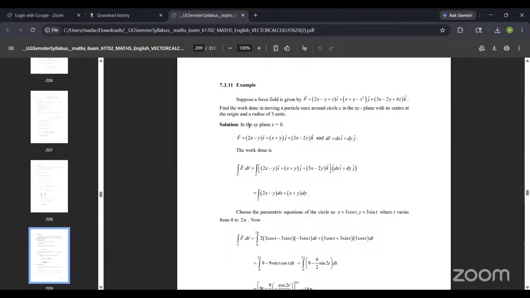Now see one more problem. Suppose a force field is given by F bar equal to